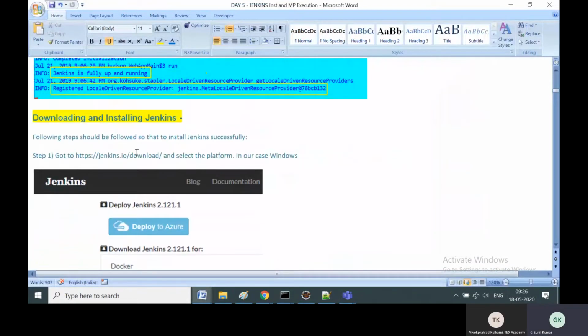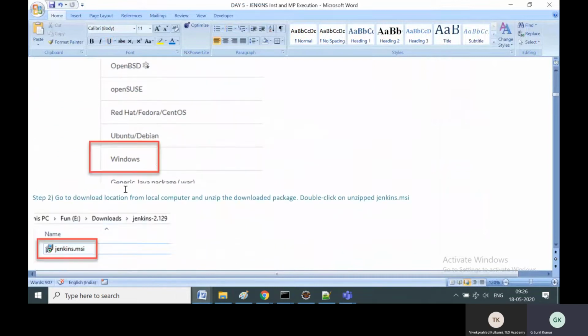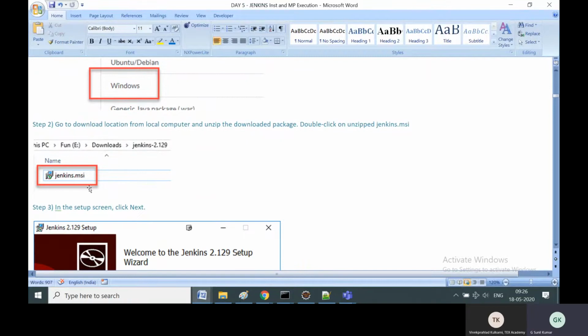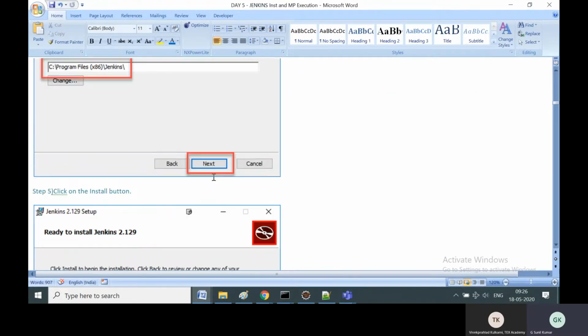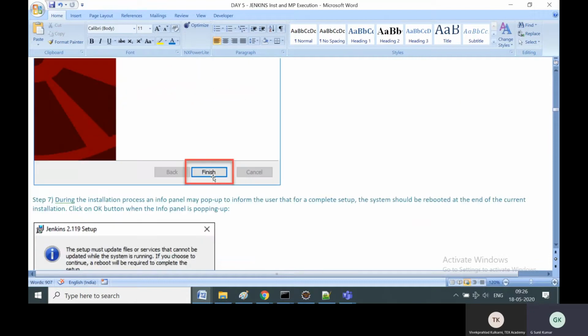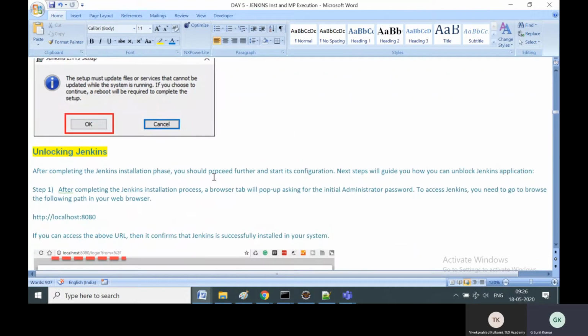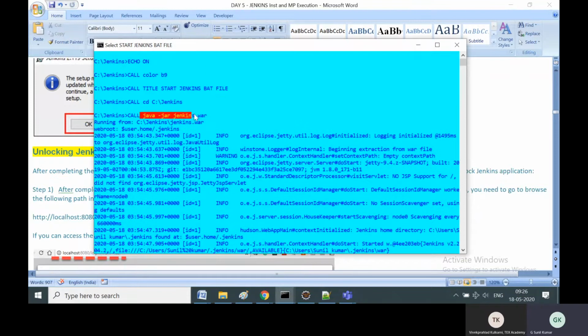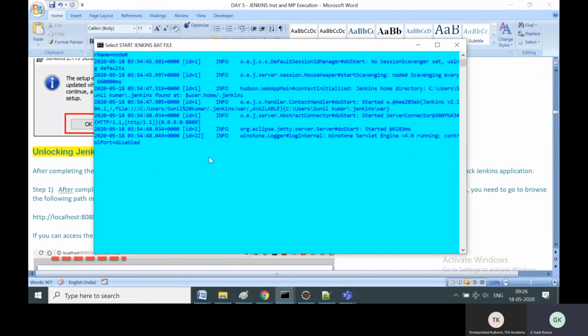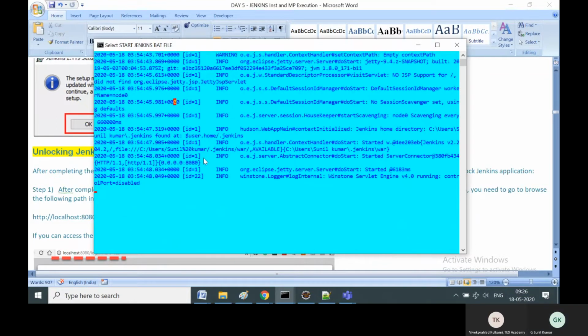Here I have also provided another way of installation, that is jenkins.io download. Instead of the generic Java war package, you can click Windows also. This is the alternate. It downloads a Jenkins.msi, which if you install, it will install Jenkins also. So there are two types. The safest way is to download the Jenkins.war file and start through the batch file, that is java -jar Jenkins.war. In that way, we have control of the server also.